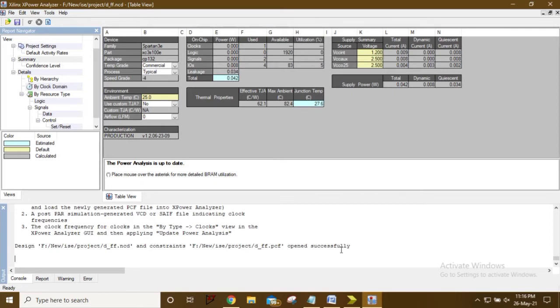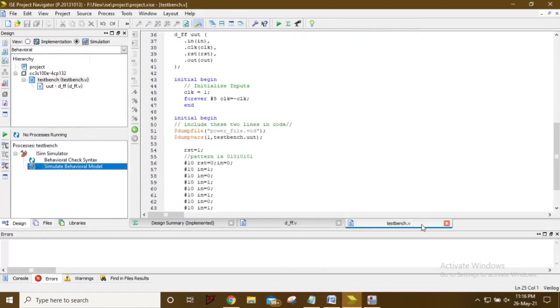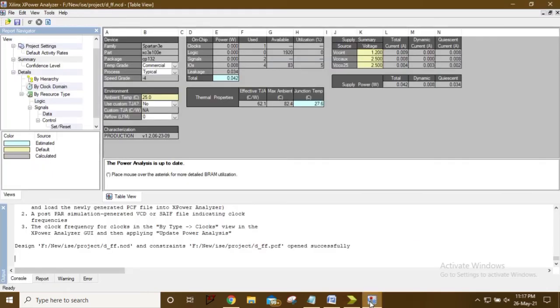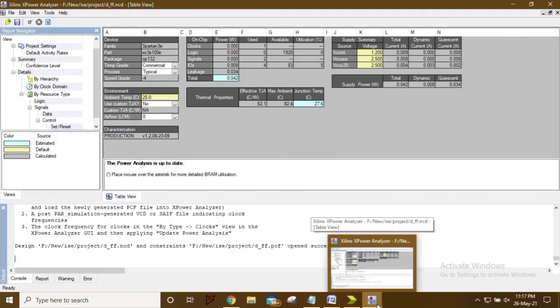Once we do the simulation, we get the wave window, we close it, and we do this power analysis, but here we are getting an error that our simulation activity file is not readable.